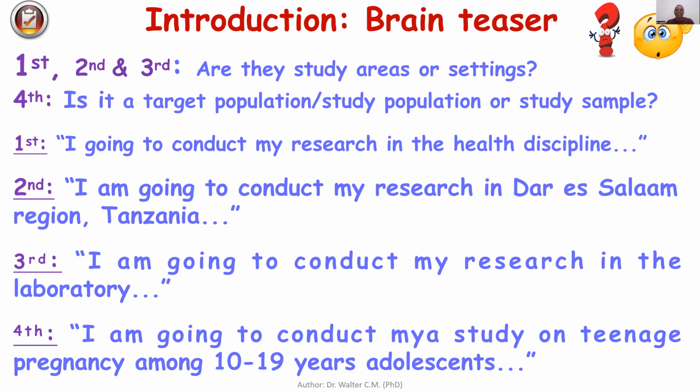We as researchers are supposed to know the difference and how we should go about writing and prescribing them in our research proposals. And then the first question is about the study population or study target population. So your friend is telling you that I'm going to conduct my study on teenage pregnancy among 10 to 19 years adolescents. Now, you are asked to tell your colleagues, is 10 to 19 years adolescent a study population